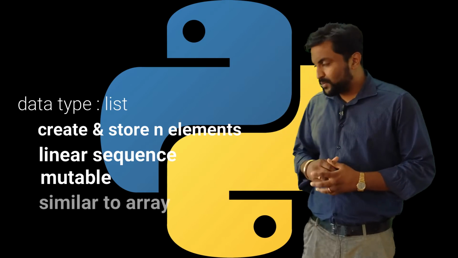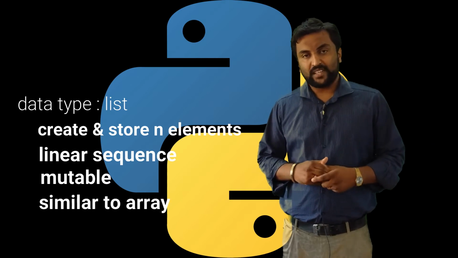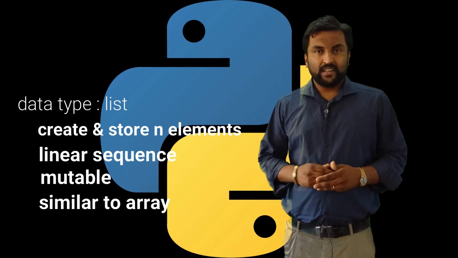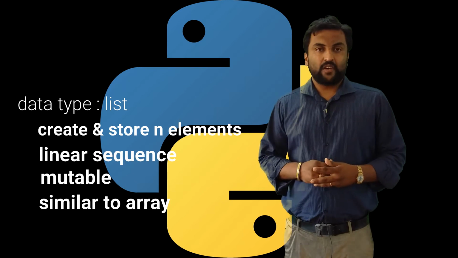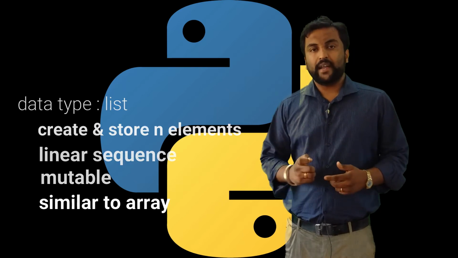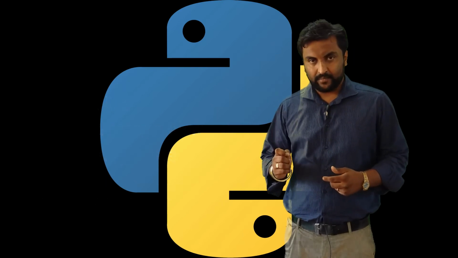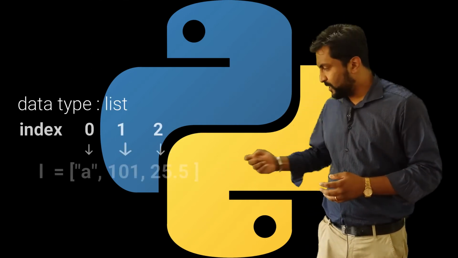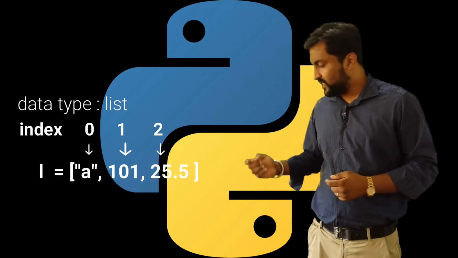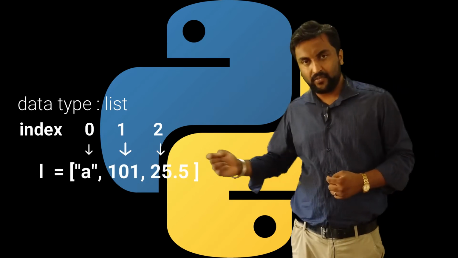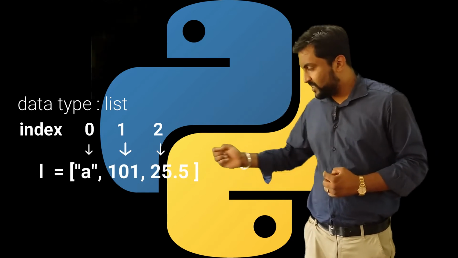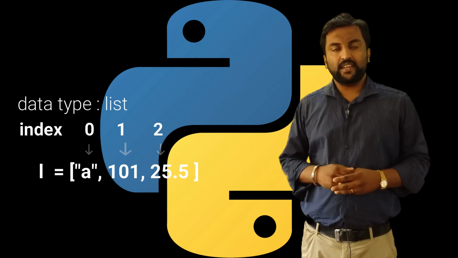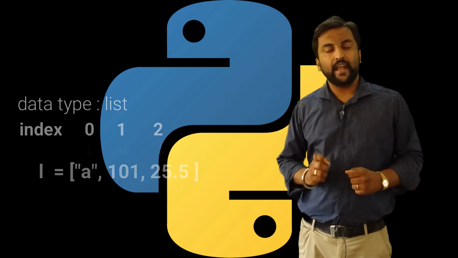This list is quite similar to an array, but the major difference between a list and an array is that you can enclose any type of elements in a list, while in the case of an array you can add just one type of element. Elements in a list are linearly arranged: the first element is stored at the 0th index, the second element at the first index, the third element at the second index and so on. So basically the focus in a list is on the index rather than the elements.